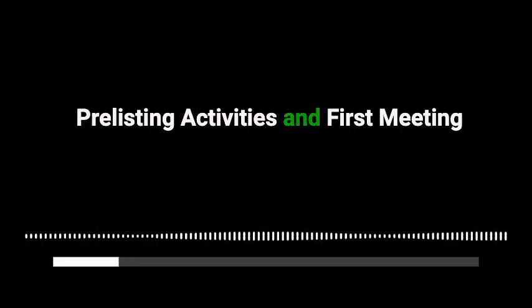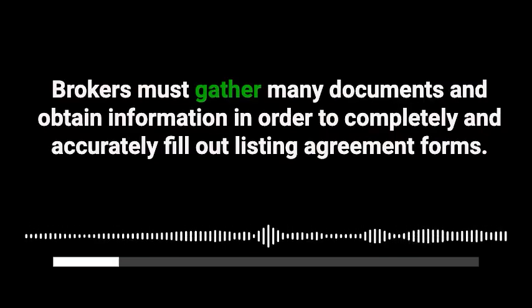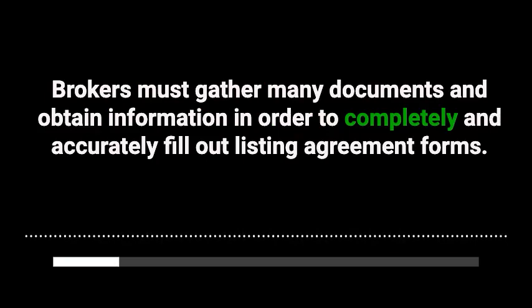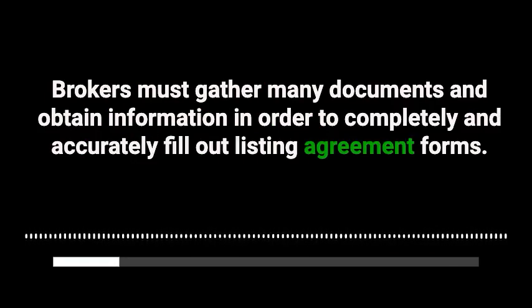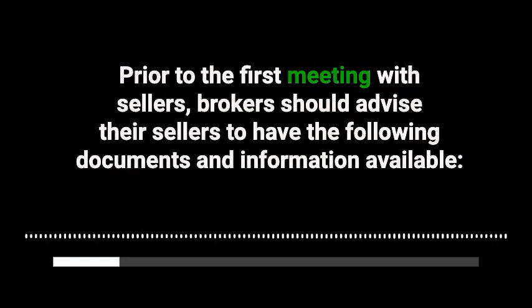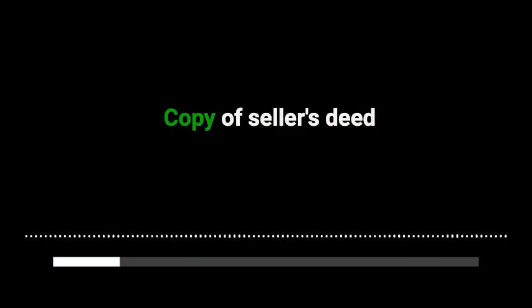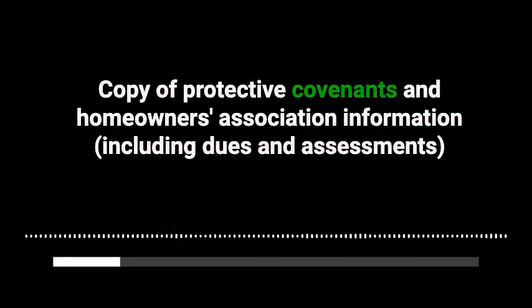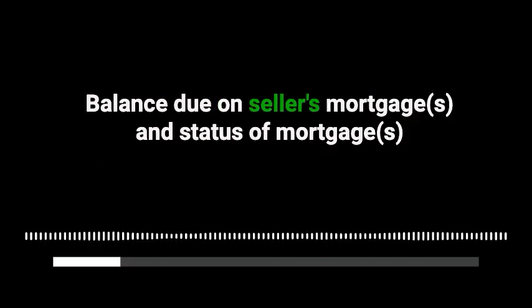Prelisting activities in first meeting. Brokers must gather many documents and obtain information in order to completely and accurately fill out listing agreement forms. Prior to the first meeting with sellers, brokers should advise their sellers to have the following documents and information available: copy of seller's deed, copy of survey, copy of protective covenants and homeowners association information, balance due on seller's mortgage